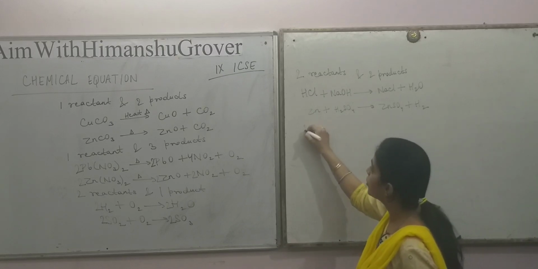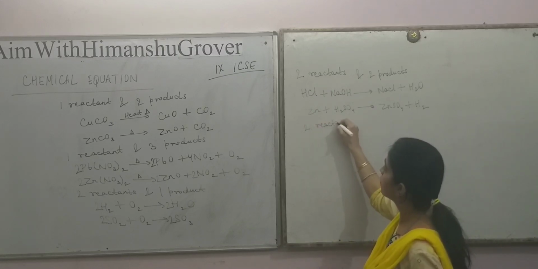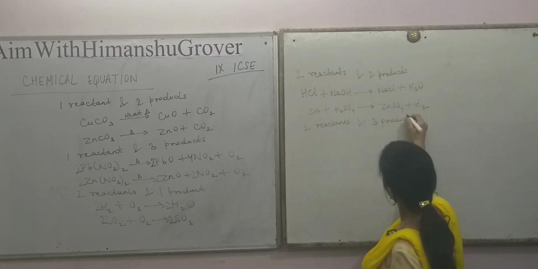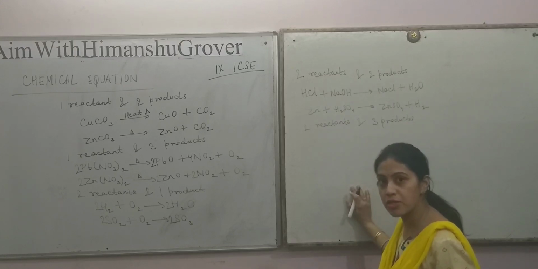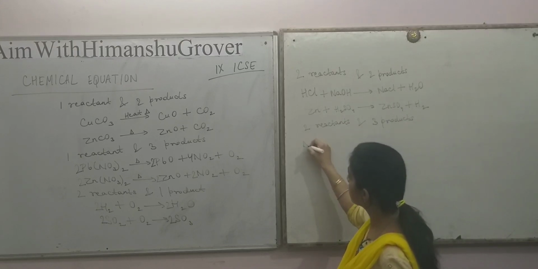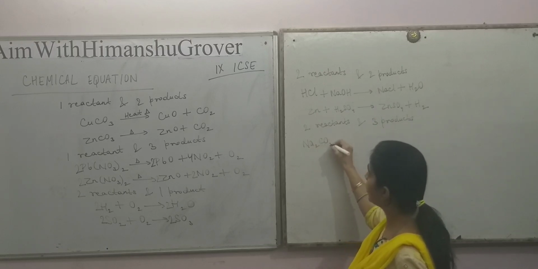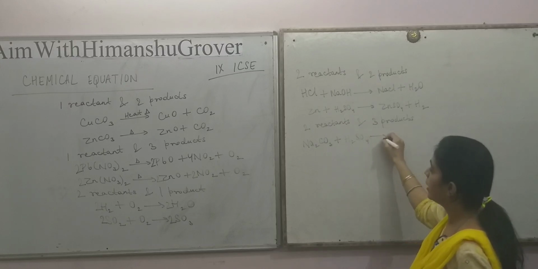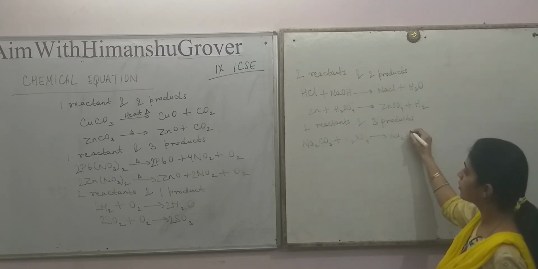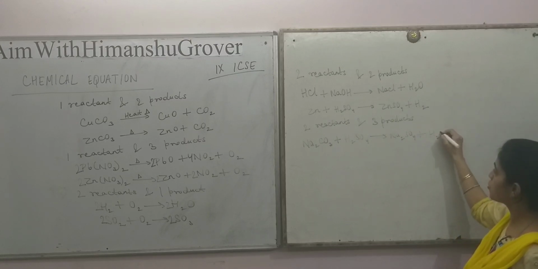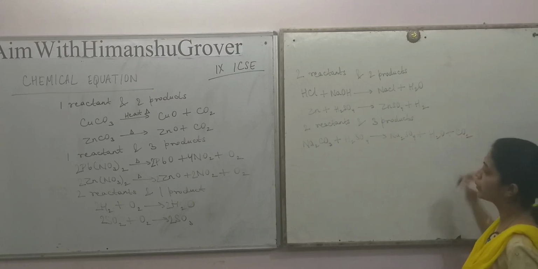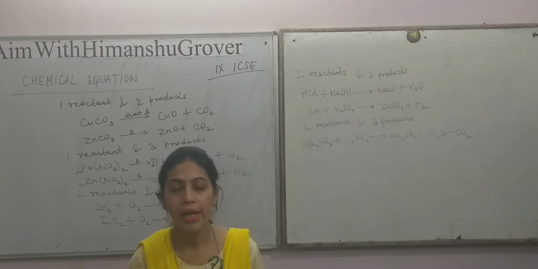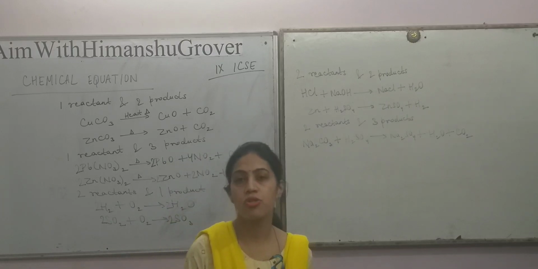Next, we may have two reactants and three products. For example, Na2CO3 plus H2SO4 gives Na2SO4 plus H2O plus CO2. So, in any chemical reaction, there may be any number of reactants which react to